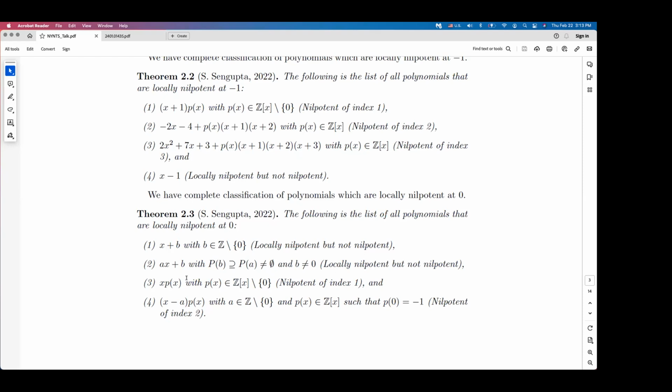An interesting thing about 0 is that you have two families here, which was also, well, I guess in here it was exactly one polynomial. So in here there are two families, not just one polynomial, but two polynomials and also two families. And you will have index maximum equal to 2. So here also you see the +2 thing. If you're starting with 1 or -1, then the maximum index is 3. If you're starting from 0, then the maximum index is 2, which is 2 more than 0.